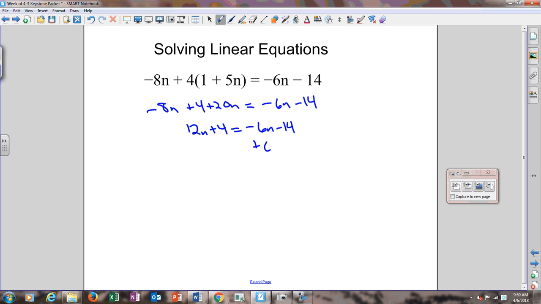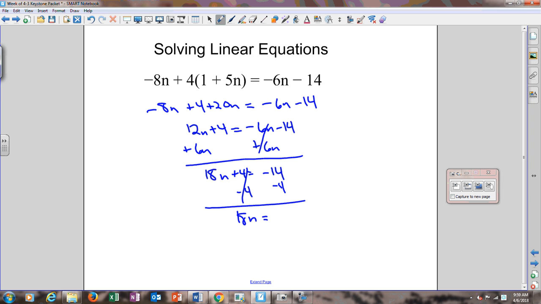Then you add the 6n to the other side. Those cancel. You get 18n plus 4 equals negative 14. Subtract the 4. Those cancel. You get 18n equals negative 18. Divide by 18, n equals negative 1. So that's the most basic form of the question. I mean, there are some that are even more basic than that, but